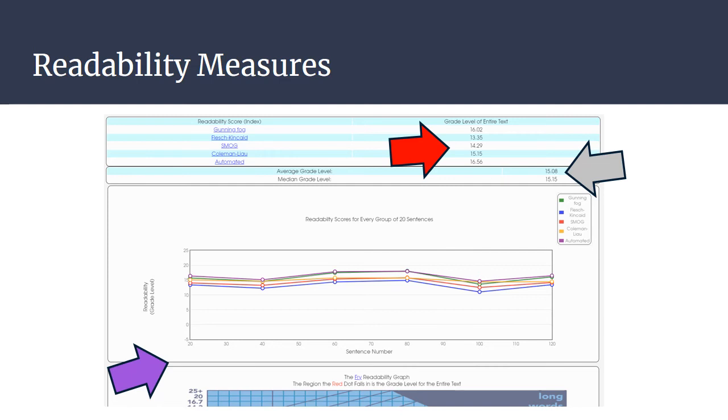Okay. So what we'd want to see is something that is close to 12 or 13, because that means that we're writing at a university level. If we're seeing a number really low, like 7, 8, or 9, then we're writing lower than a university level, which means our writing is much easier for someone to read. If it's really, really high, like 20 or 17, something like that, it's much more challenging for someone to understand. And if you want, you can scroll down and there's a variety of different graphs and pictures you can look at.